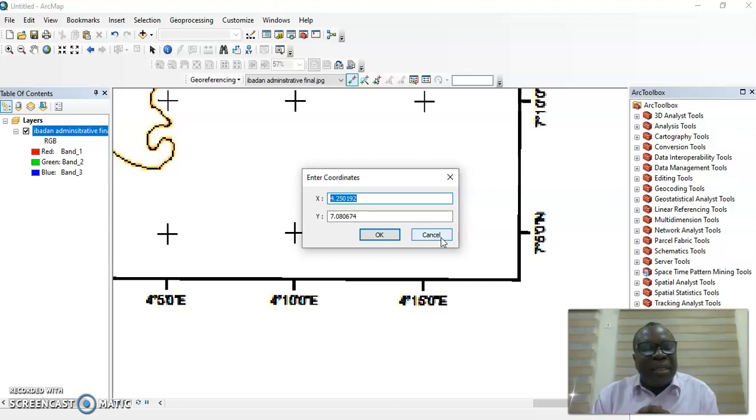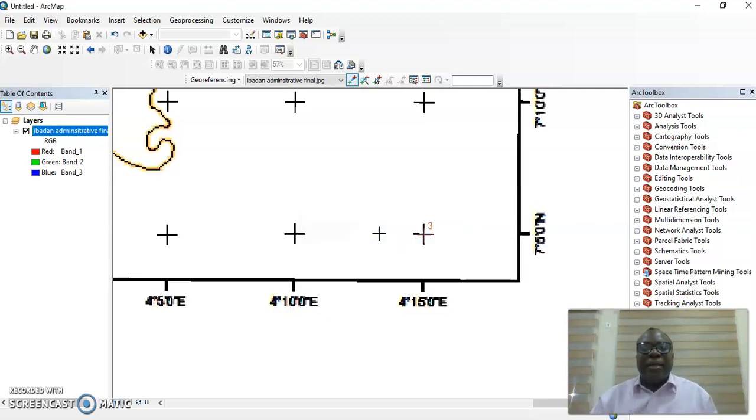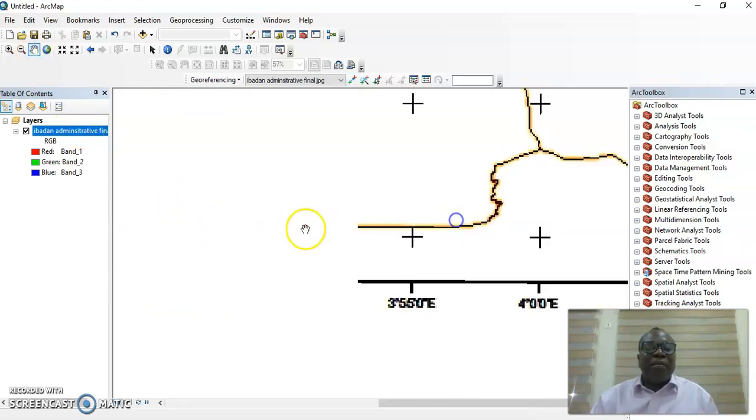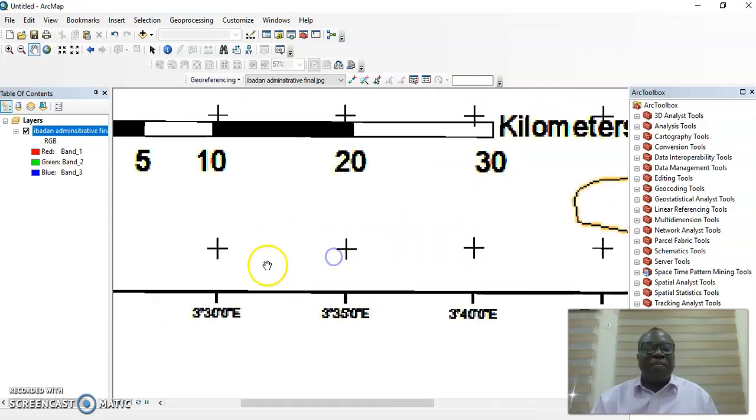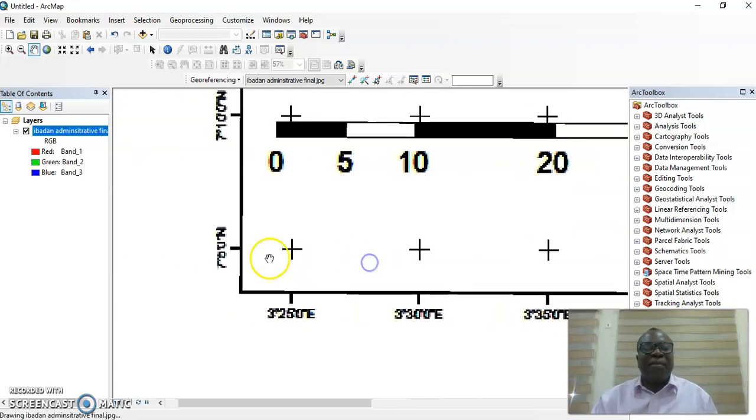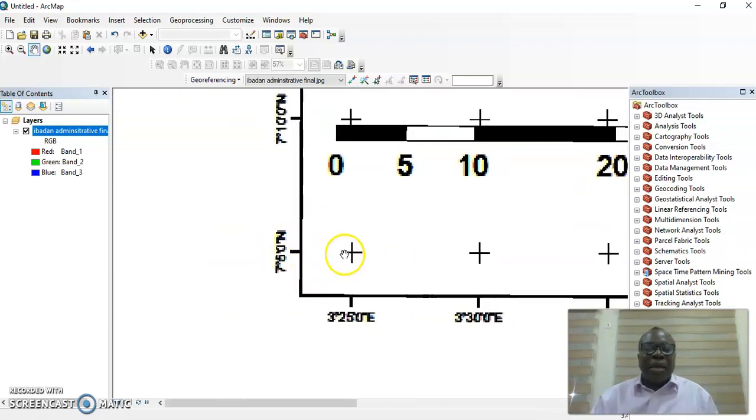4 degrees 15 minutes east is actually 4.25, and 7 degrees is 7.08, and you continue to point 4. You actually need a minimum of 3 points. You can have as many points as you want. You can have 5 points, 6 points, 7 points, and it can be clockwise or anti-clockwise. So this is the last point I'm going to use for this example,